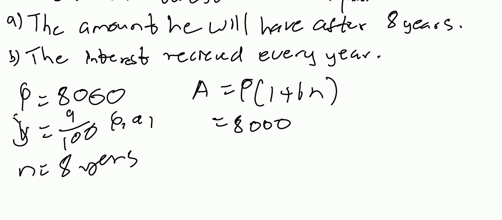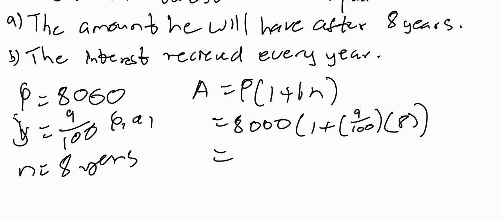So now your initial money is 8,000. Your initial investment, into 1 plus. What is your interest rate? It's going to be 9 over 100. Multiply by what? What is your n? Which is 8 years. Then what is the answer? You punch your calculator. You are going to say 8,000 into (1 plus 9 over 100, which is 0.09, multiplied by 8), which is going to give you